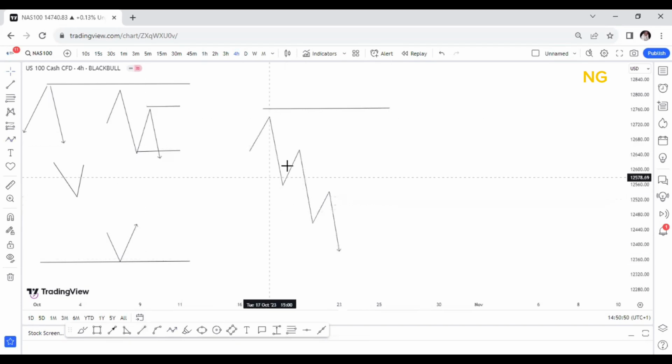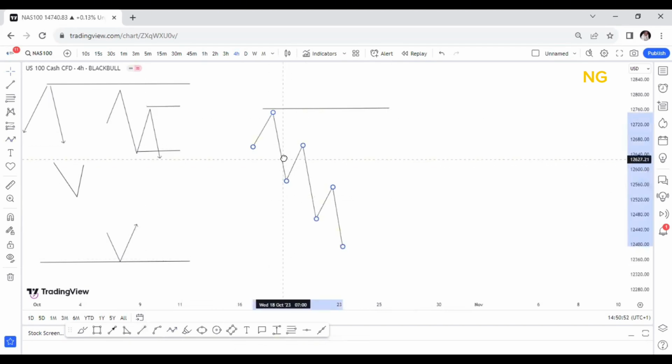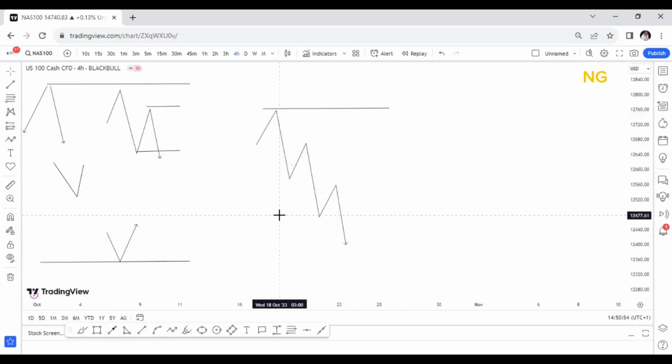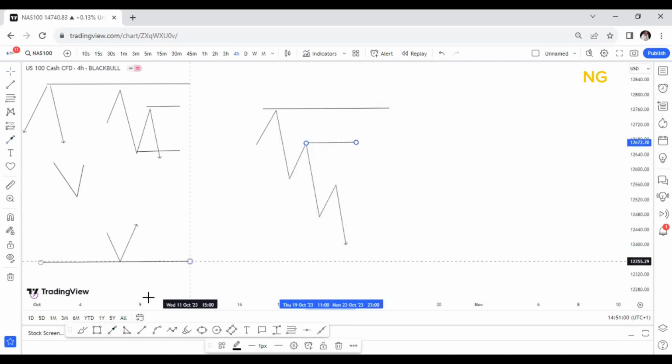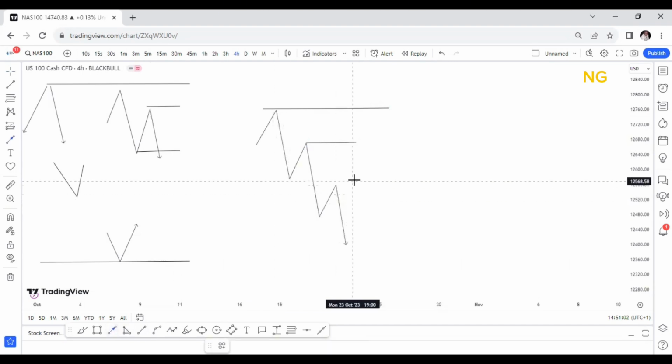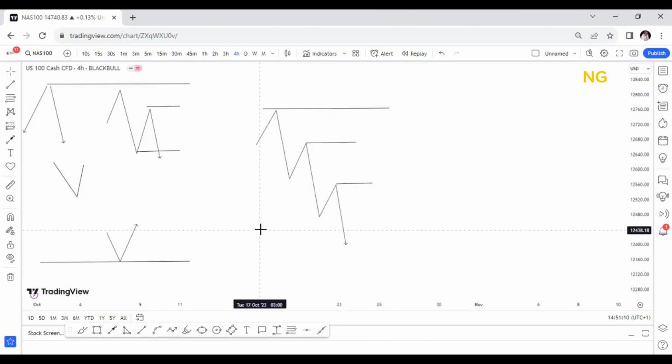So depending on the time frame you are using for your setup, for your analysis, for your storyline, mark out your fresh level first. Mark out your fresh level first because they are more significant to the market. Then once you mark out the first level, you go to your DC. You go to one fresh one within this boundary. If this is the upper boundary for that time frame,